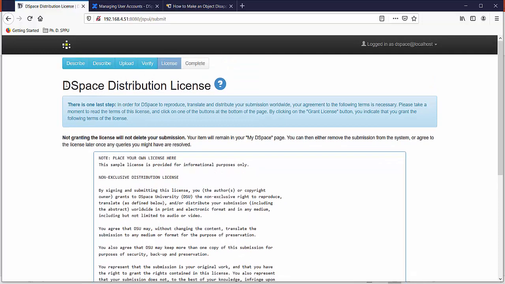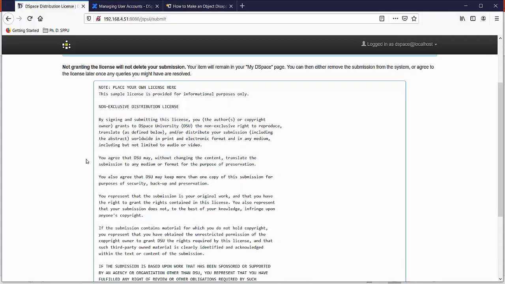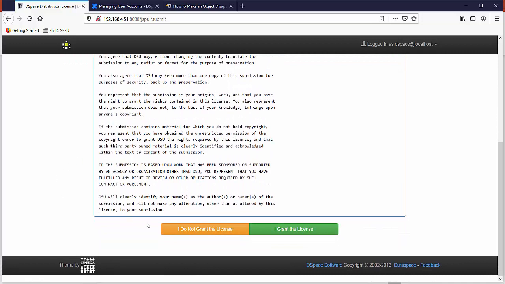Now DSpace asks us to sign the license for submitting this document. If you click I do not grant license, then it will reject the entire process. If you click I grant the license button, then your submission will be successfully done.